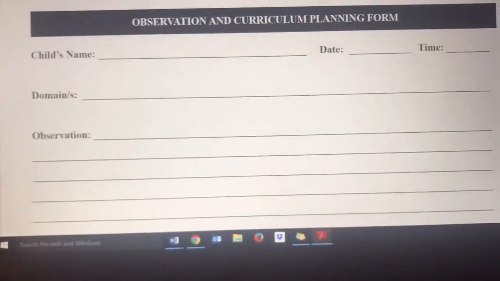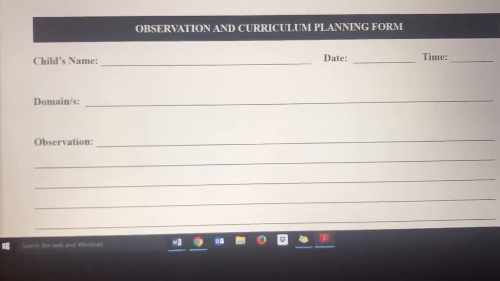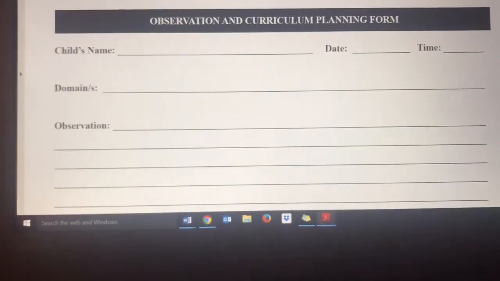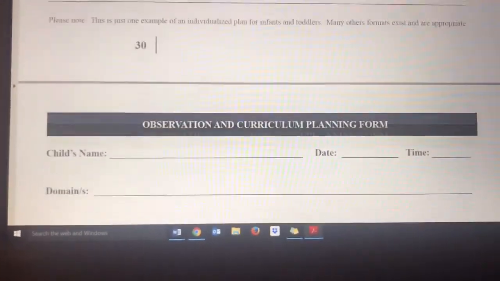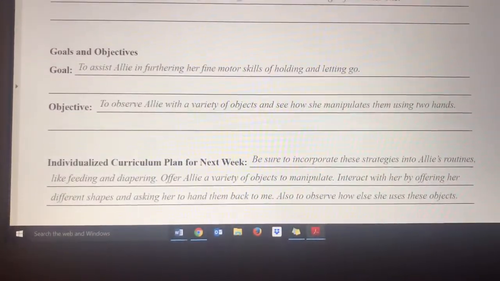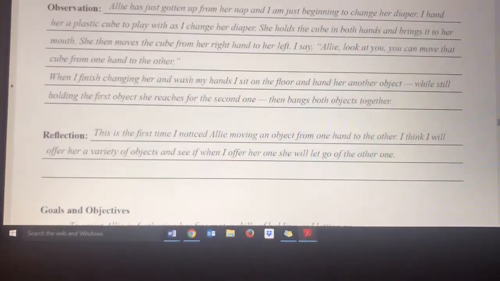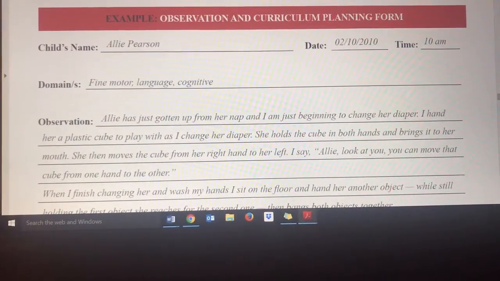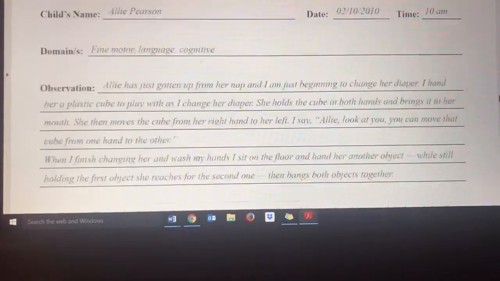You'll get to this blank form, the observation and curriculum planning form. You're going to use this quite a bit. One thing I want to highlight, in case you haven't noticed it, is that the page before that, page 30, gives you an example of one that's already filled out. This is for a little girl named Allie. And in this one, they have used